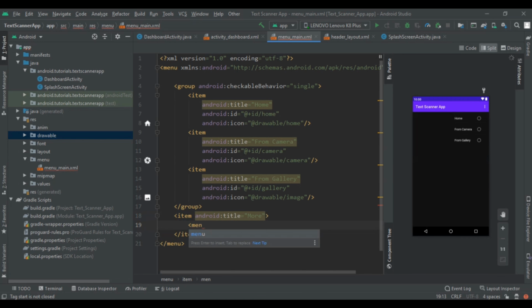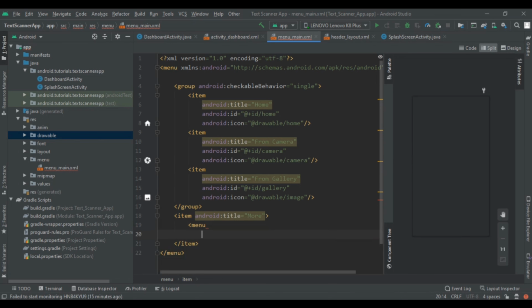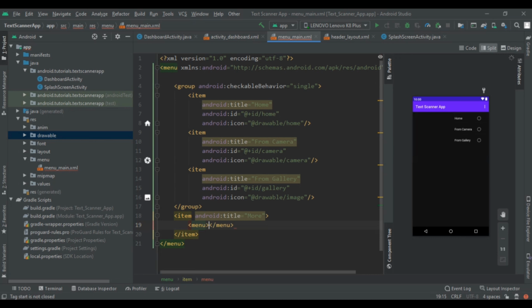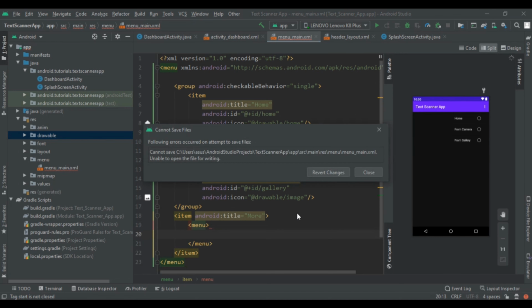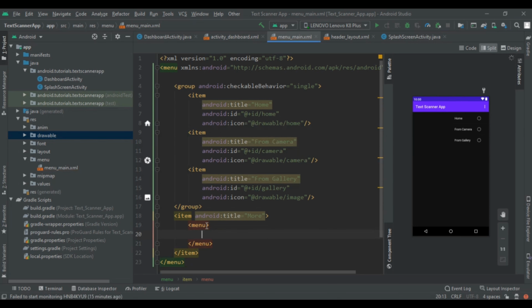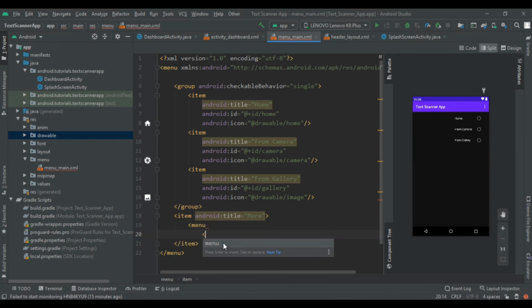So second one is menu, and here we have to implement our group. So first close that menu, and here is our, so it says okay, so write the group inside that menu option.